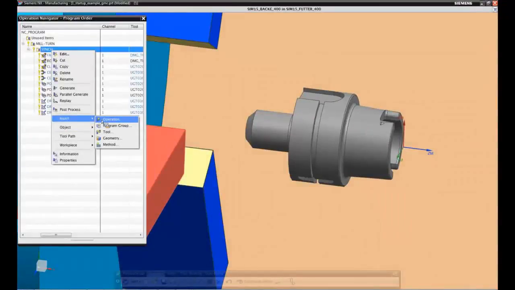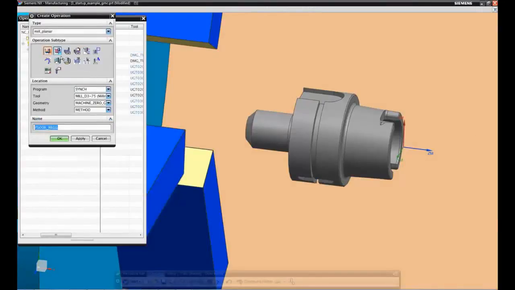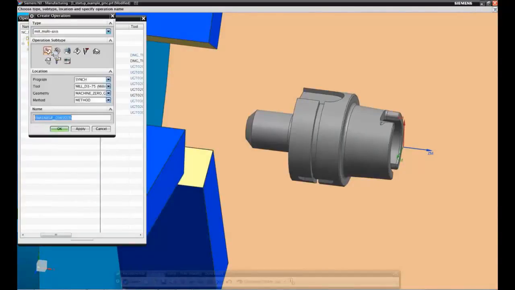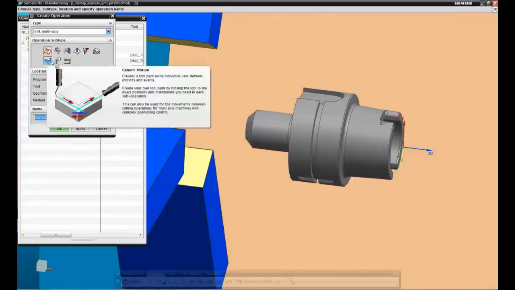I just insert this generic motion operation by inserting an operation and selecting the generic motion operation out of the list of possible operation subtypes. The generic motion can be found in the multi-axis dialog. It's here called generic motion. It is in the multi-axis template because you can create a 4 or 5 axis toolpath with the generic motion, but from the